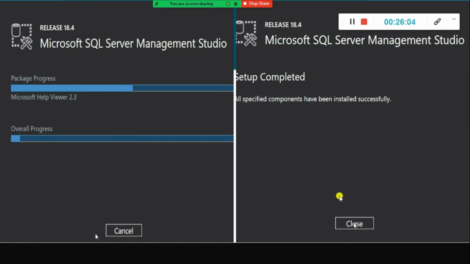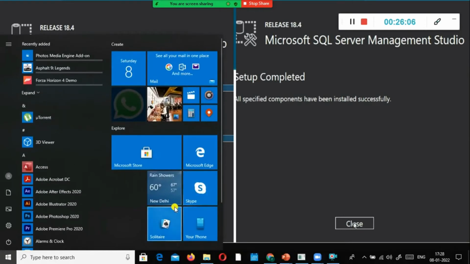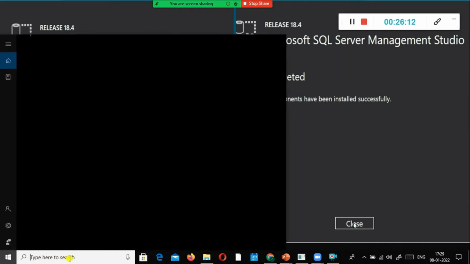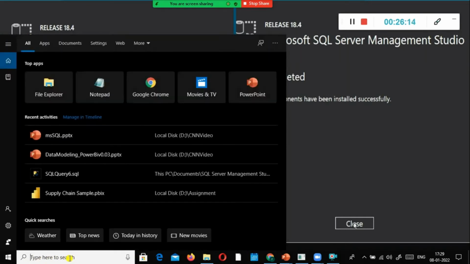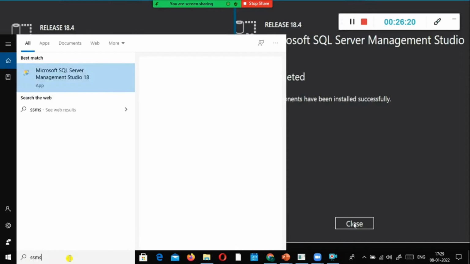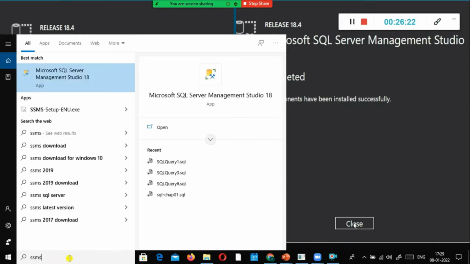The next step is I just go to the start menu. Next to this, I can see the search button here. Here I'm going to launch my SQL Server Management Studio. You need to type SSMS.